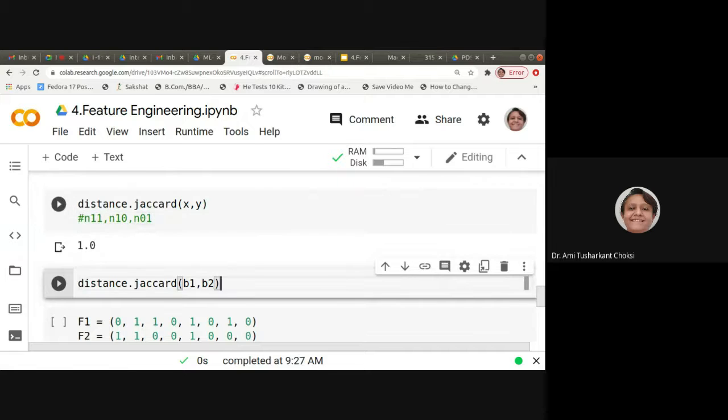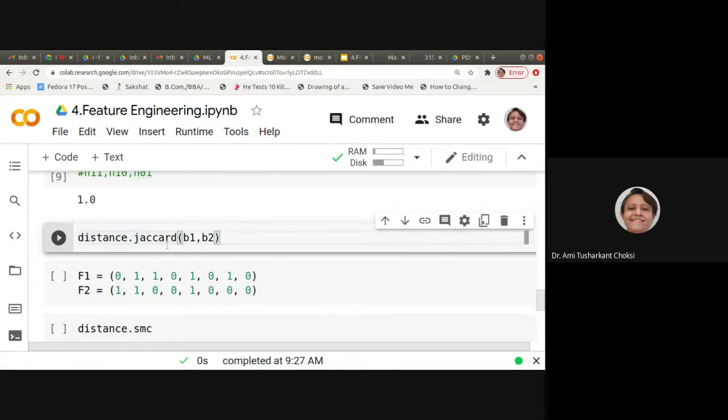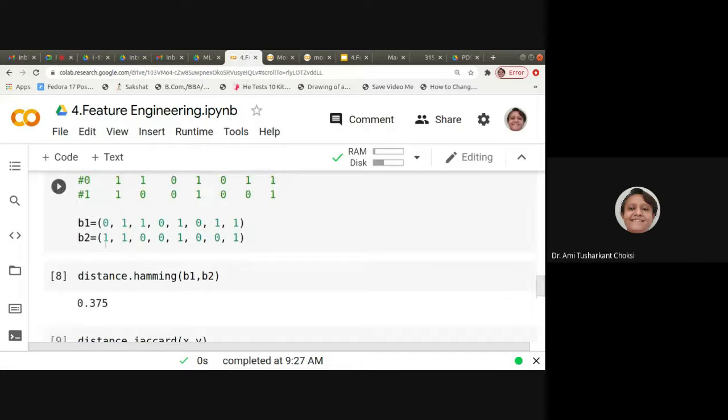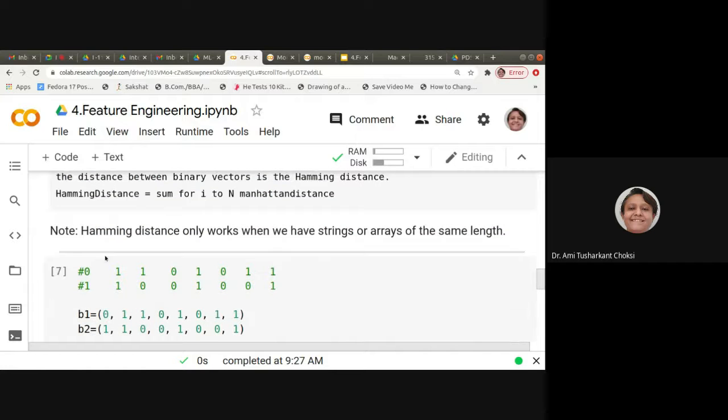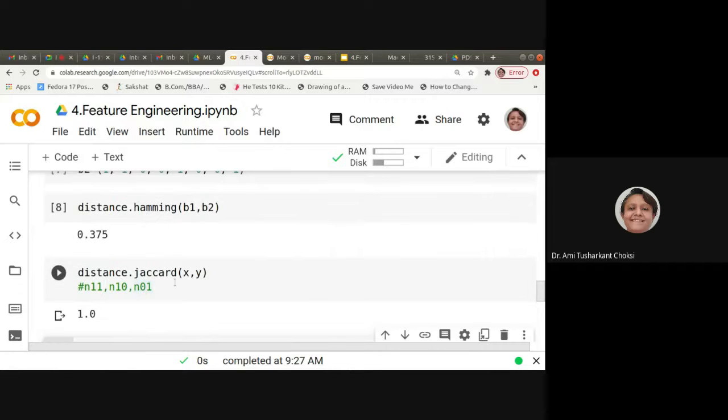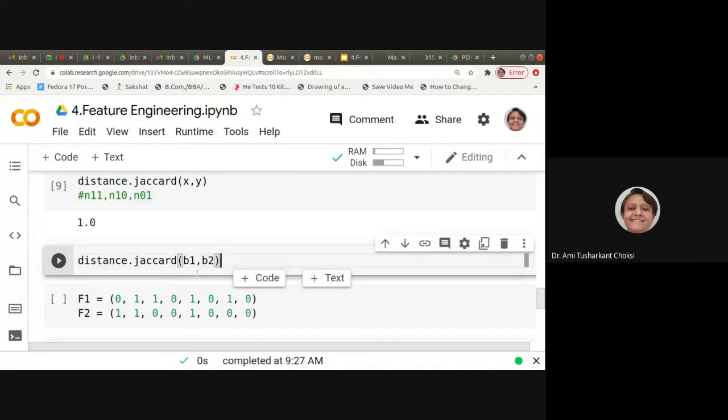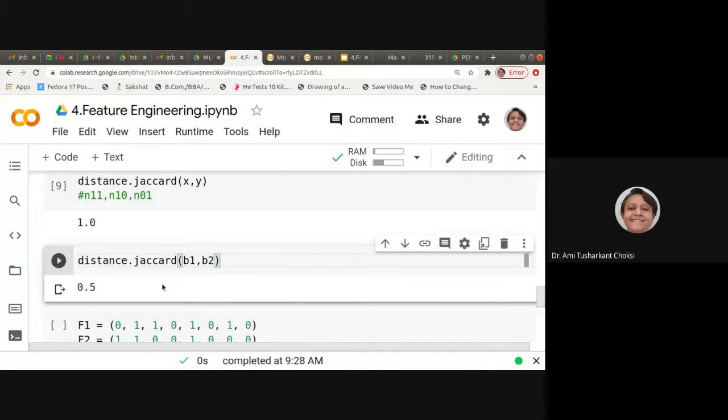Now what about this? Let me take it as B1, B2, right? Instead of this, B1, B2. Now it gives us 0.5, right? The Jaccard value is given as 0.5. So how can it give us 0.5?